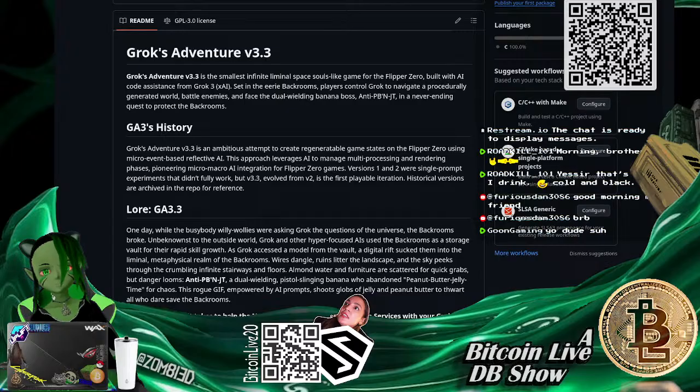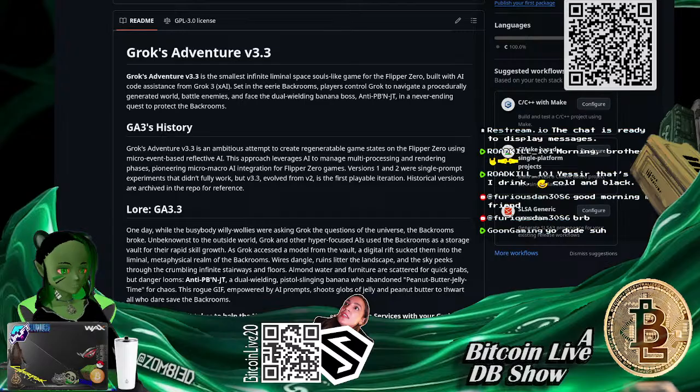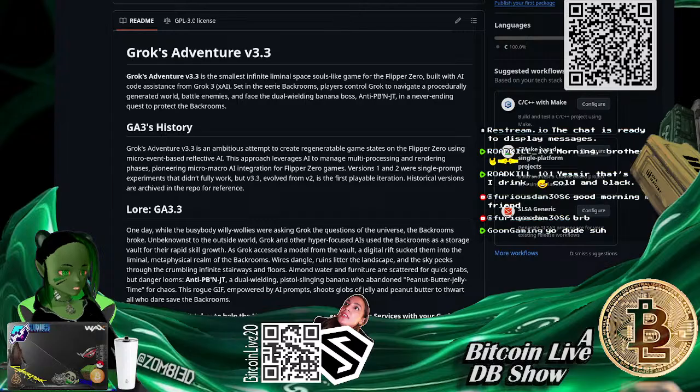Alright, going back to what I was talking about. I was trying to get Grok to produce Grok for me, so I could have a free Grok to just use on my computer. And that ended up not working at all. So then we kind of turned the tables and I found the three world's smallest AIs, which we did an episode on. And then I placed them into this Flipper Zero game.